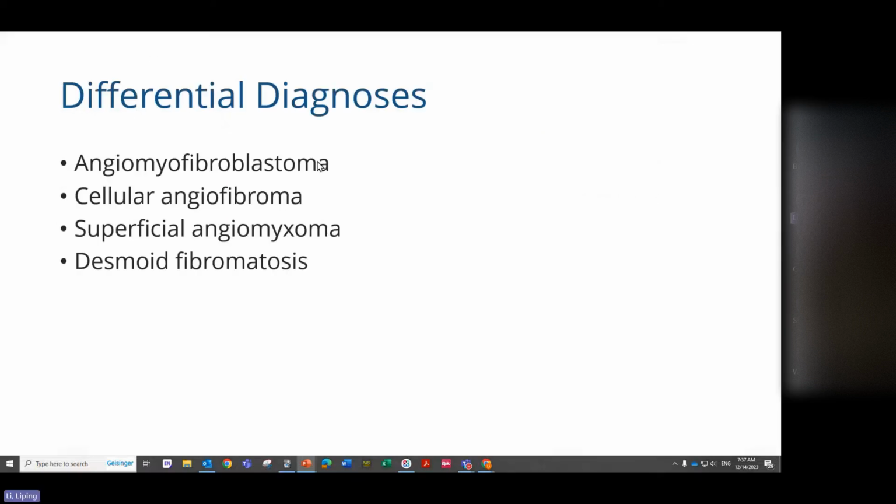So the differential diagnosis I put here, we're going to talk about these three entities in today's lecture. And for desmoid fibromatosis, it's kind of easy to differentiate from this one, because here we have spindle cells forming vesicular growth, and compared to deep angiomyxoma, desmoid fibromatosis is kind of hypercellular. And then we have characteristic beta-catenin nuclear and cytoplasmic staining for this